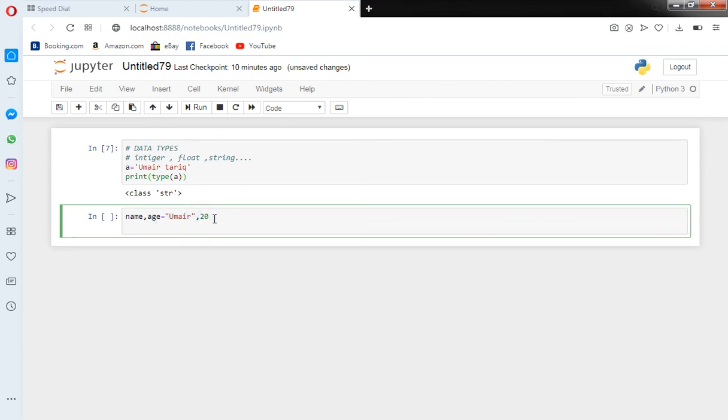So how can I print it? I can print it like hello, and there is a gap. I use string concatenation. We have discussed string concatenation. If you don't know about it, you can watch our previous video. And then I use name. Name is a variable which consists of Umair.